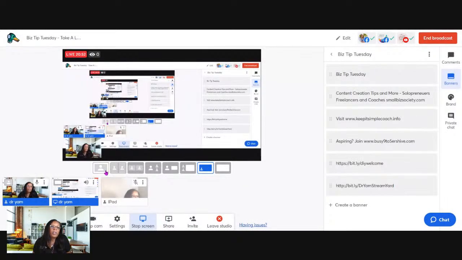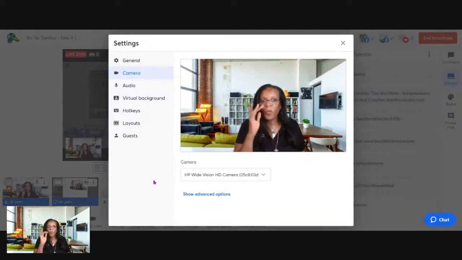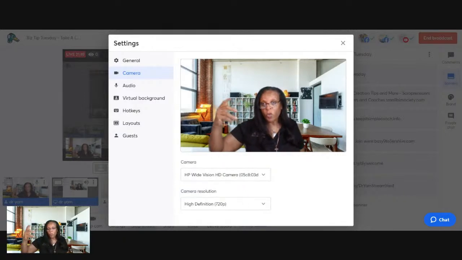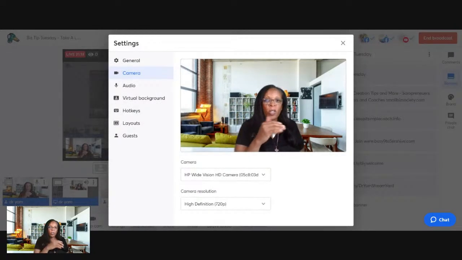When you're in your settings view and you're in your camera, you might have to turn on where it says advanced options. You need to have it at the highest resolution as you possibly can so that you will appear as you